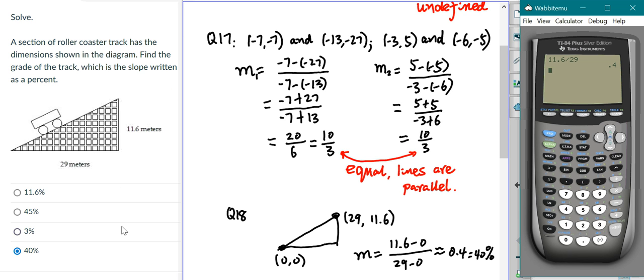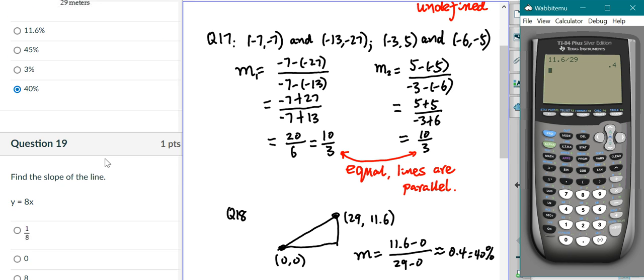You can see that if this point was even higher, you would get what? You'd get a big percentage. Okay, and the big percentage tells us the big slope. Okay. So,